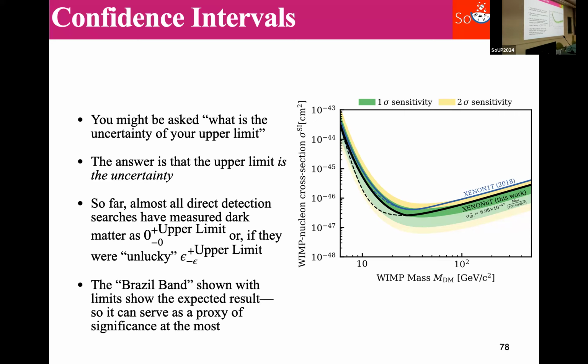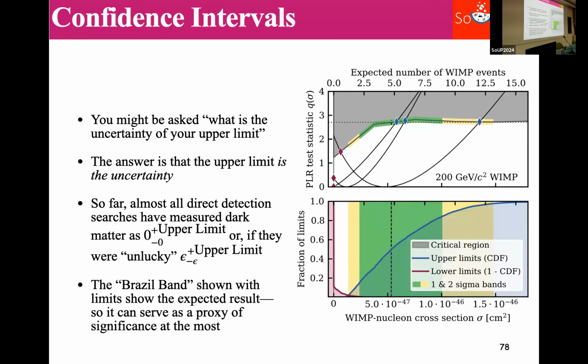Here's an example for XENON1T. We expected our limit to be here at the sensitivity, which is between the dark and the light green. But in fact, when we unblinded, we saw what is called an upwards fluctuation, which is when your limit goes above what you expect. It's quite moderate. It's 1 sigma. Going back to counting sigmas, this just means that it's the 85th percentile of upper limits. This is all that it means. Don't interpret these bands as error bars. They can be used to give you an impression of whether this was within the expected range of results, or is very surprising.